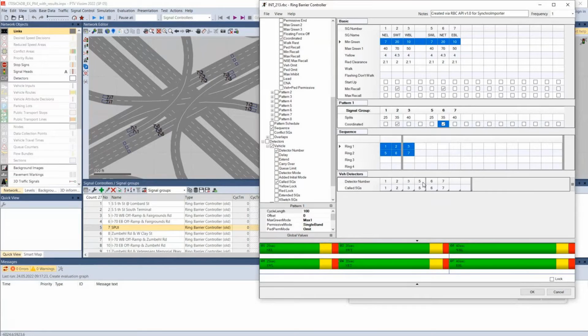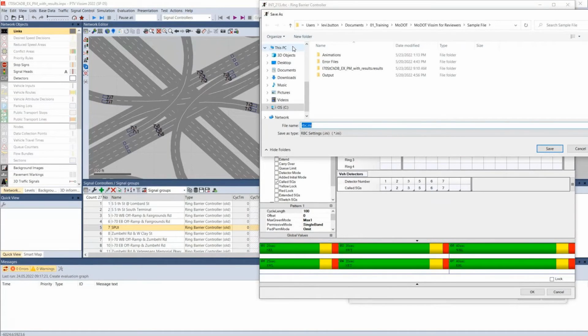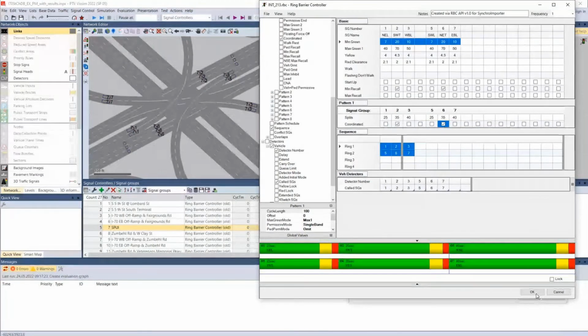And so you can customize your view, go up to view and say save settings. For example, I might call it Levi's review settings or something like that. When I save that and close out,